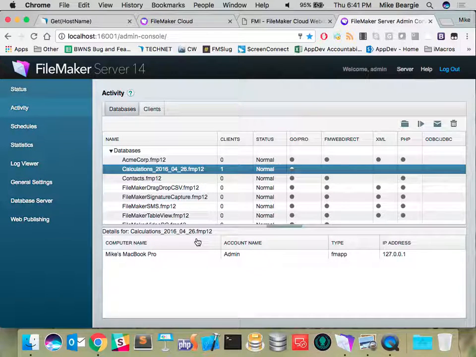So today, if you're hosting, and I've only got Server 14 on this laptop, but 15, obviously the admin console looks the same. Like, for those of you that use FileMaker Server, you're used to seeing this. This is FileMaker Server, the version that installs on either Mac or Windows. But